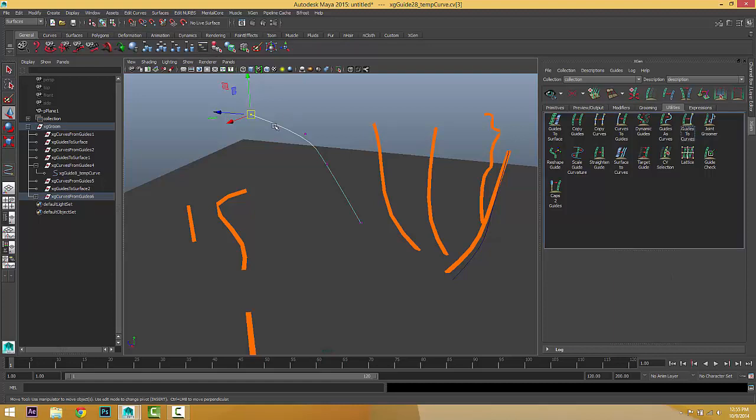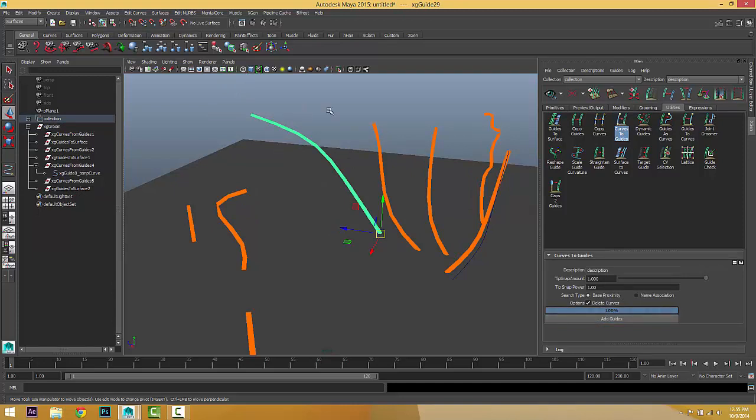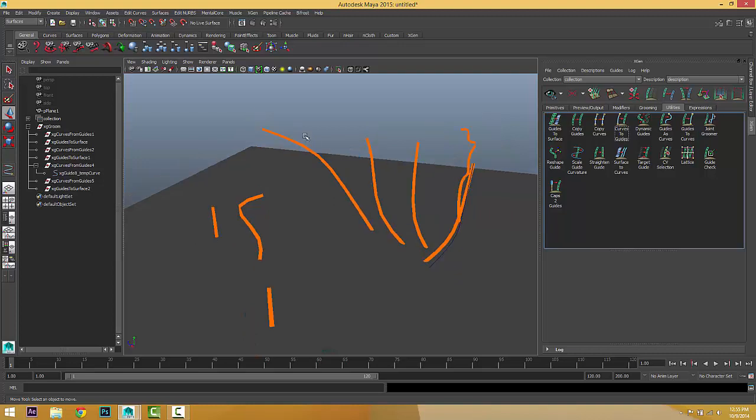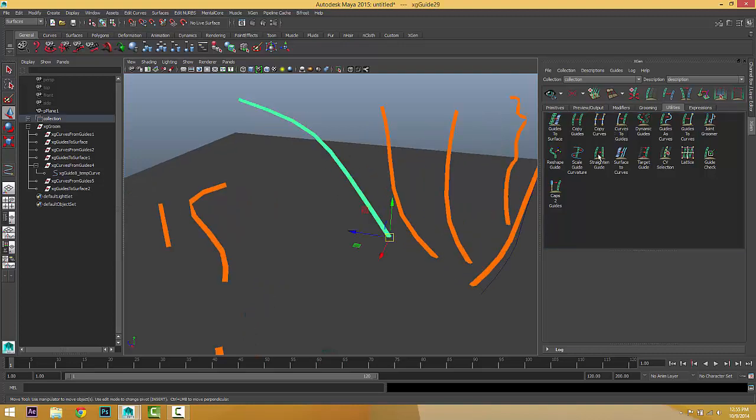Okay, let's just select, right click, go to object mode, select the guide, and then curves to guide, choose add guide. Now we've got something really simple to work with, a very simple guide. So let me say it again. You can work with the guide directly.